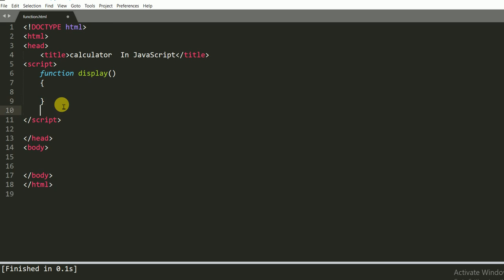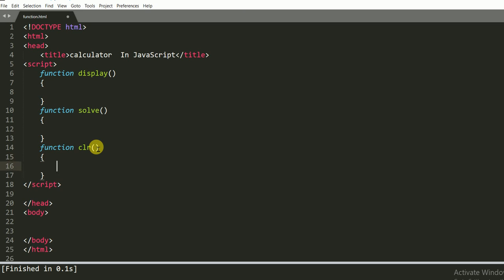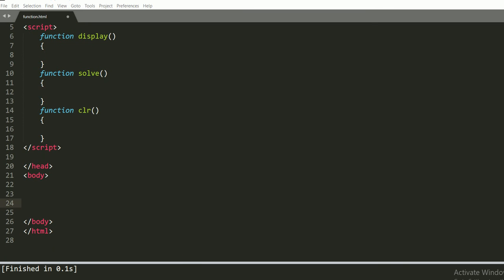And second function to solve our expression, and third function to clear a screen. So I created three functions.